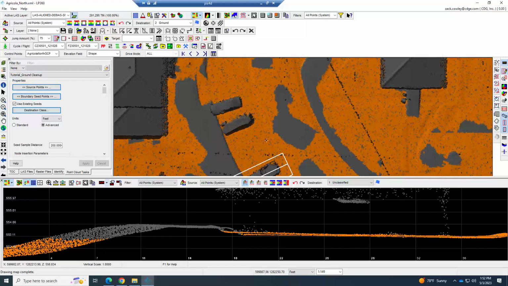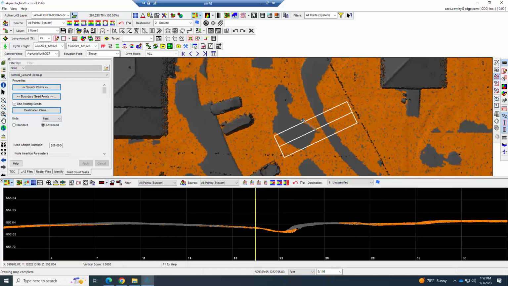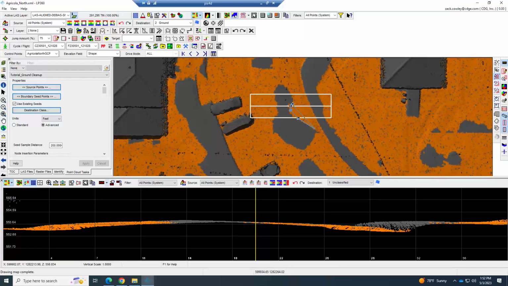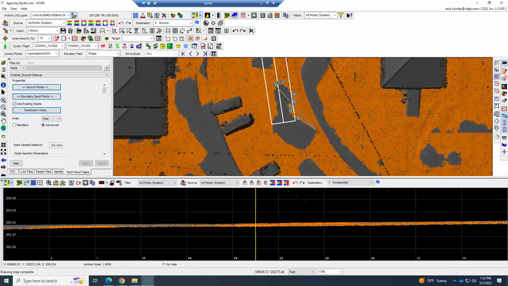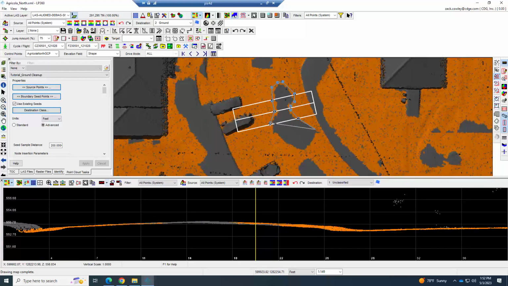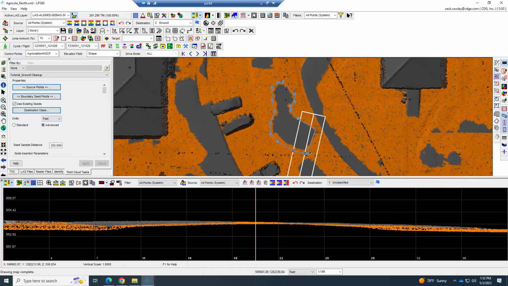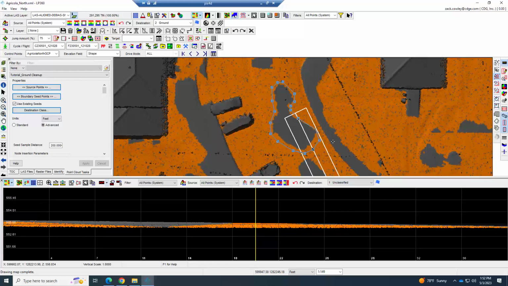Okay. So with this tool, we are going to process it by polygon. So we're going to come right here and choose polygon. And by left clicking, I'm just going to crudely draw a shape around the area I want. Now this function does have an undo, and it only goes up to 500,000 points. So if you're doing large areas, you may need to do this in chunks. That way, if you don't like it, you can